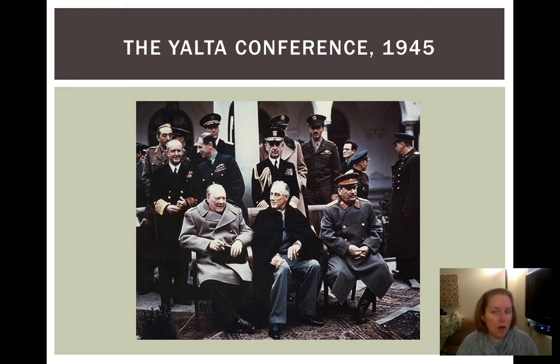At Yalta, they also agreed to divide Germany up into four zones of occupation. Each zone would be controlled by a different power. So you had an American zone, a British zone, a French zone, and a Soviet zone. And this is going to become very important in the early years of the Cold War. It's going to set us up for a lot of the conflicts of the early